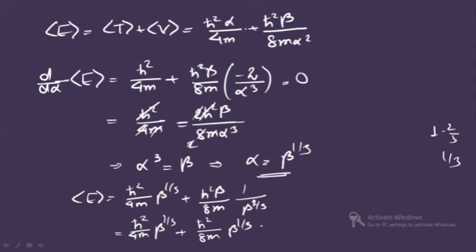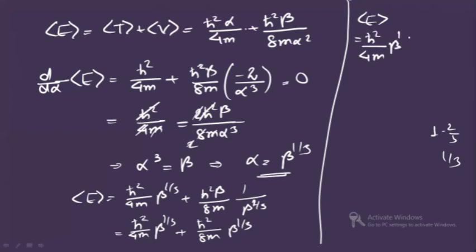So when you see this term, I'm writing it here, okay? I'm not going to the next page. I'm doing it in this page only. Average of E, it will be equals to what? I'm taking h cut square by 4m beta to the power 1 by 3 common. So I will have here what? The first term, all the terms are common, so it is 1. In the second term, I will have 1 by 2, right? So this will give me 3 by 2.